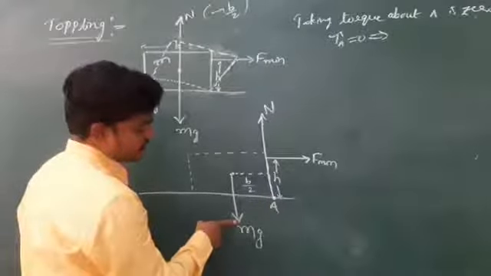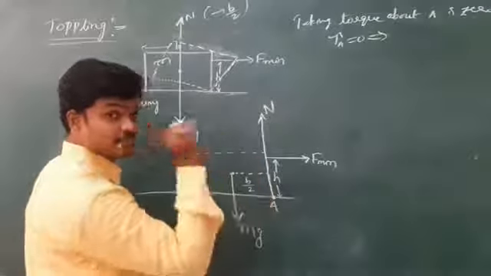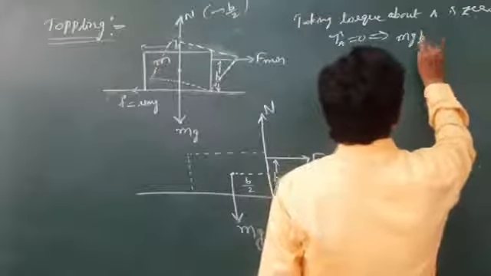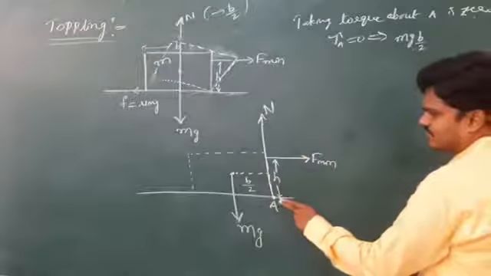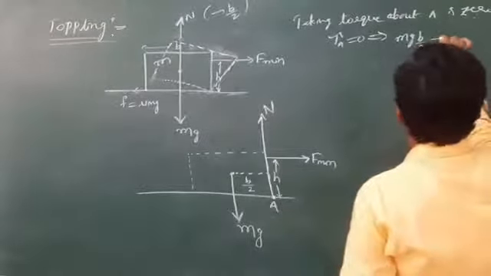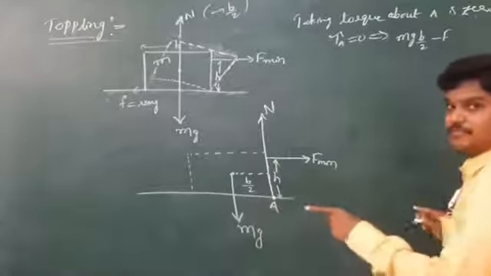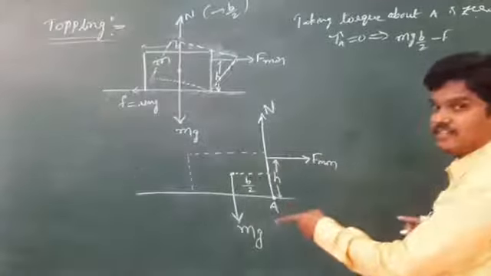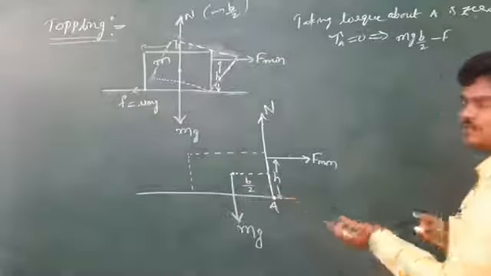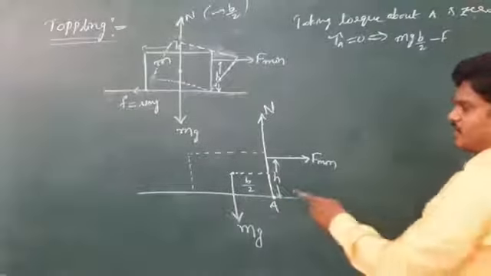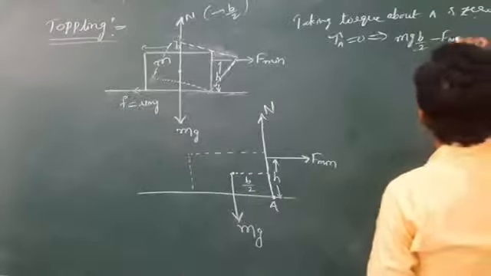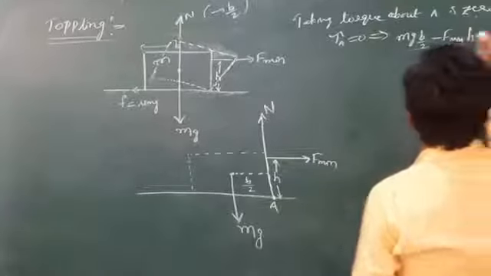And for this mg, this is left side. Left means positive, right means negative, you know. So left, mg b by 2. And for this force, applied at a height of H, height is nothing but perpendicular distance. So minus, because this is right side. I use some convenient rule: tip right side is negative, tip left side is positive. This is left side, A is left. Otherwise, you follow r cross F. And F minimum into height, which is equal to 0.